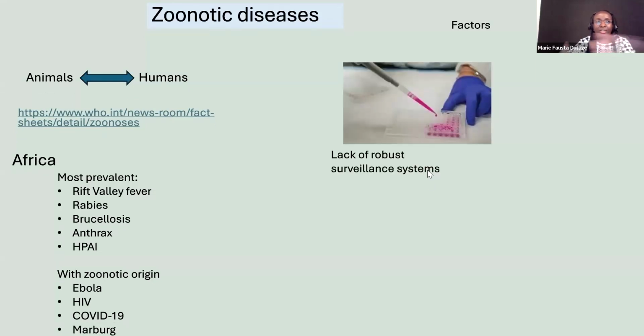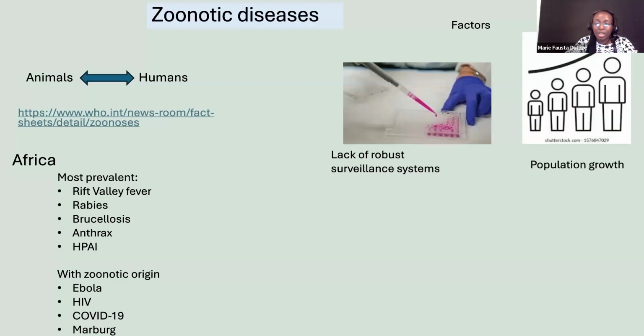So now, what are the factors that are coming into the high prevalence of these diseases? The first one is the lack of robust surveillance systems. So some of these diseases, they are very contagious. They need high containment facilities, and we don't have them in Africa. We're lacking laboratory facilities. We also have high population growth. I think Africa has the highest population growth among all the continents, and that's going to increase the density and